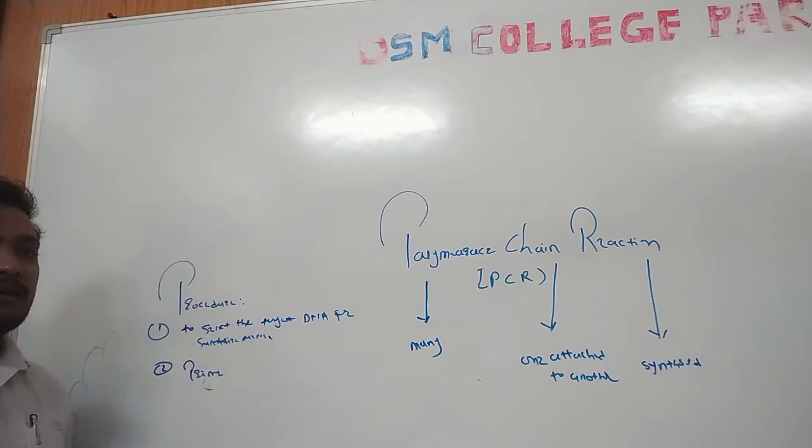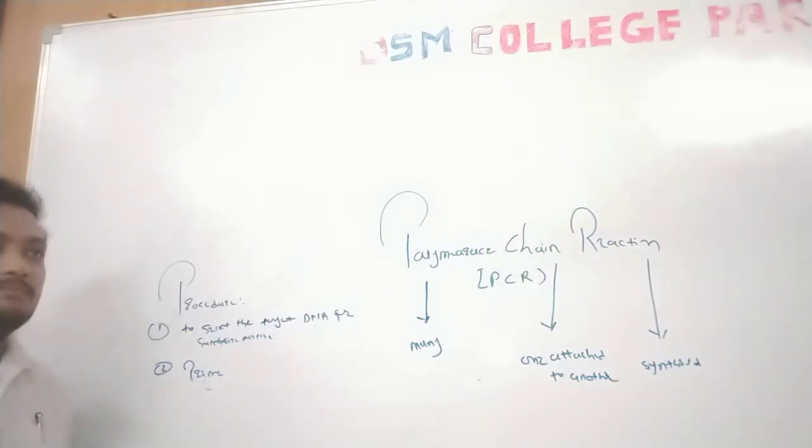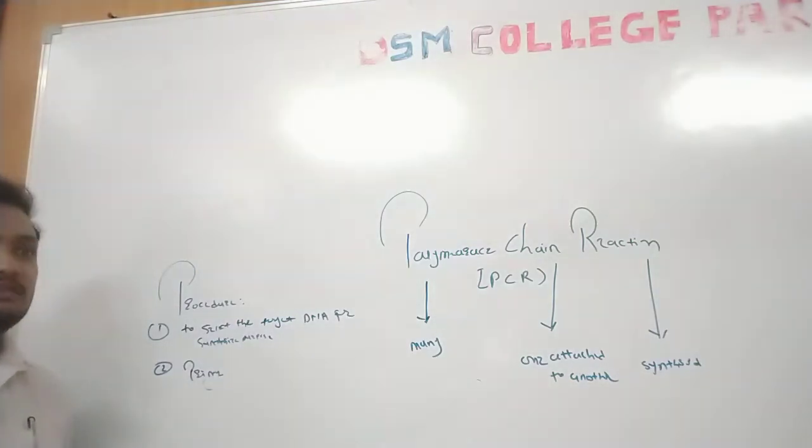Then we are adding the primer. After adding the primer, we are adding cofactors like magnesium. We know that various types of enzymes work very actively when they interact with coenzymes and cofactors. So magnesium is also used as a cofactor for the completion of this reaction in the reaction mixture.